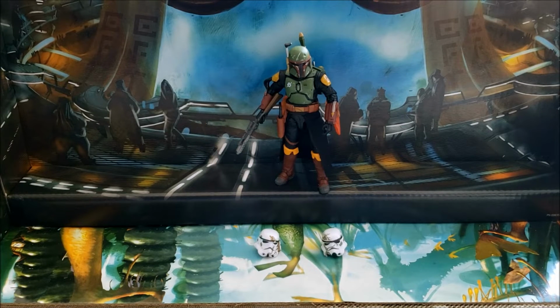So about 8 months now after the Book of Boba Fett premiered, we're finally actually getting Boba Fett from the actual series, and it's making its way around at this time. It's a good figure in a lot of ways. I do have some concerns about it, and I know there's definitely a lot of controversy about this figure since